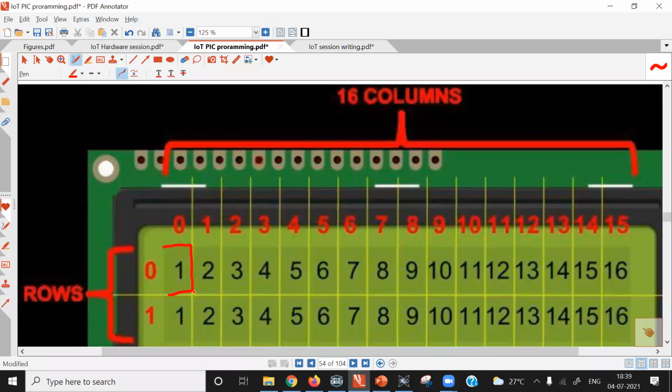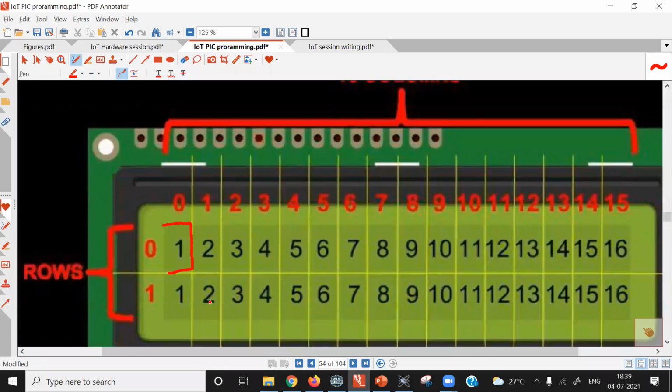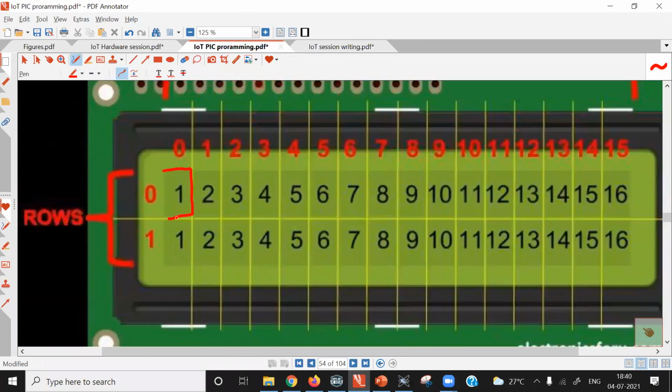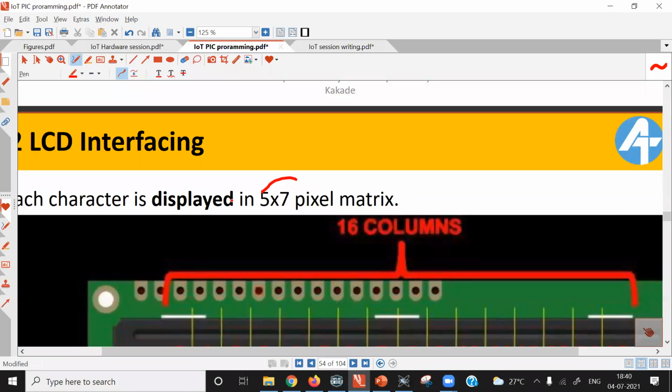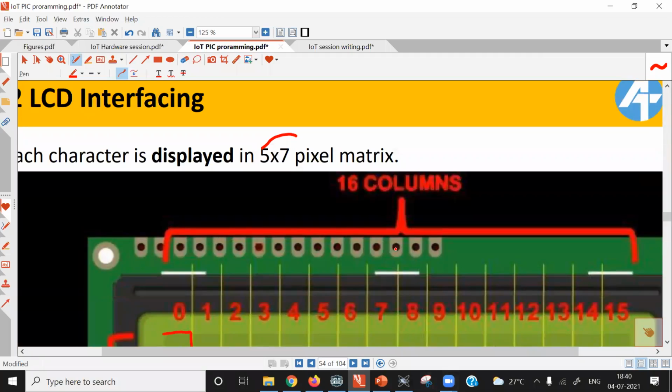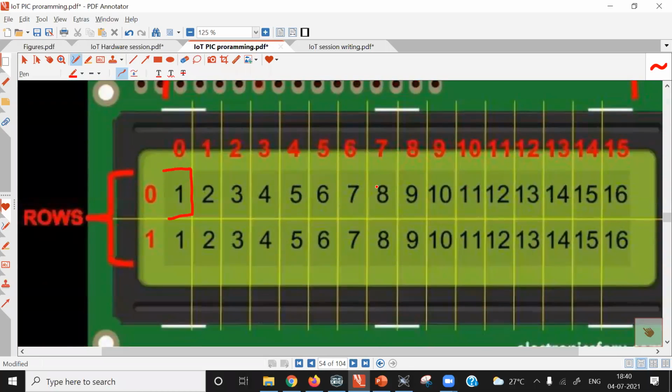So in the first row we can display a total of 16 characters, and in the second row 16 characters. You can display any message with the help of characters. There are two rows as indicated here in the 16x2 display, and in each row there are 16 characters. There are some displays where you will have a 20x2 display: 20 characters in the first row, 20 characters in the second row. Likewise, a 16x4 display is also available, with 16 characters in 4 rows. According to your requirement, you select the display.